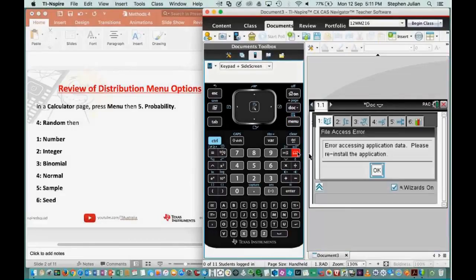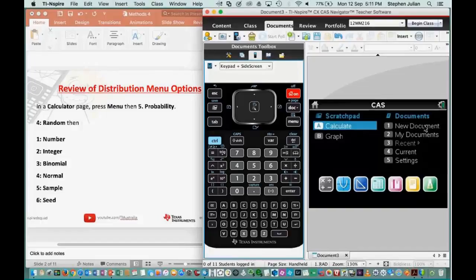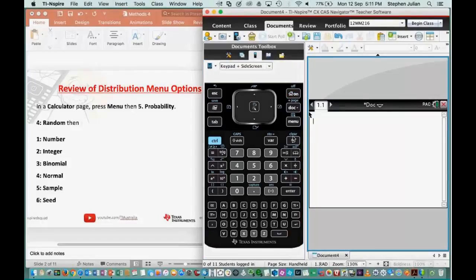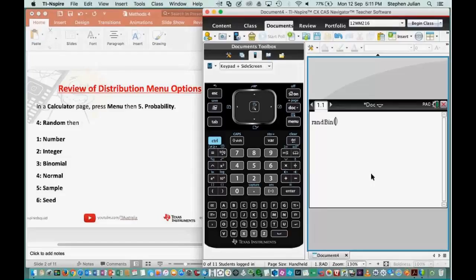I'll try it one more time. No, it's not liking it on this tonight, so I'll just escape out of that. And the syntax for it is normally, sorry about this, people. So just through the main menus, yep. So through the main menus, if we go into random, and if you go into binomial,